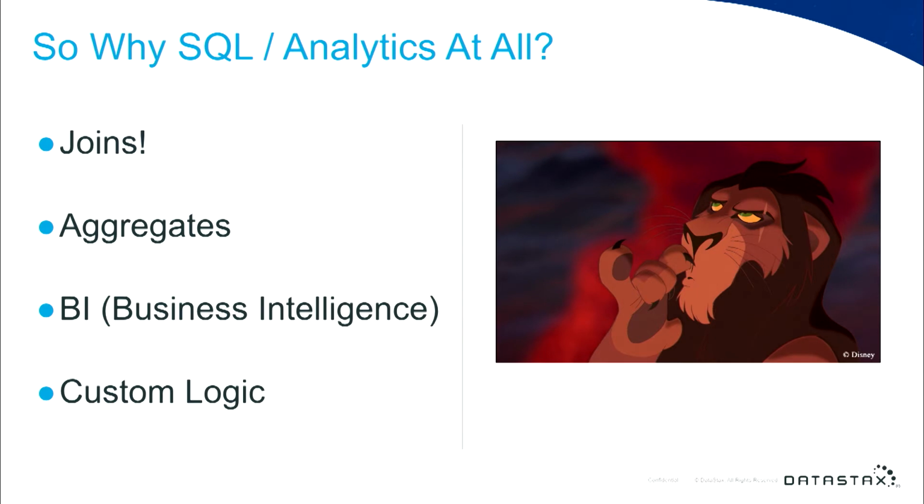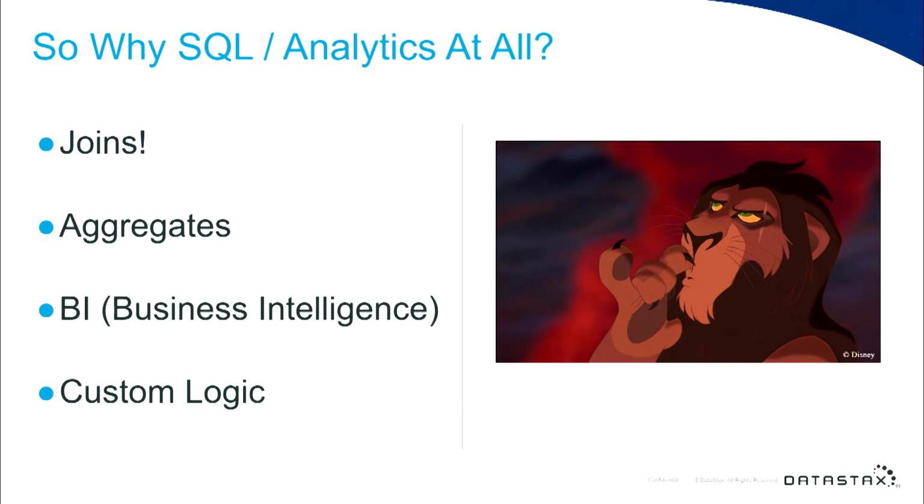You might have something like Tableau or even Excel, which are able to connect to databases as long as they have a JDBC endpoint. And Cassandra, since it does not support ANSI SQL, does not support a JDBC endpoint. But Spark can provide one of those for us. And again, of course, any custom logic you might have.